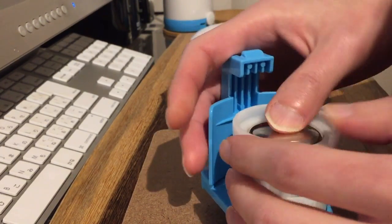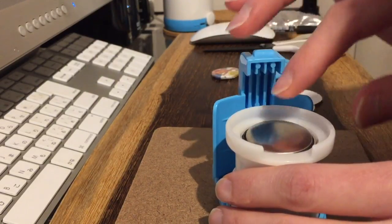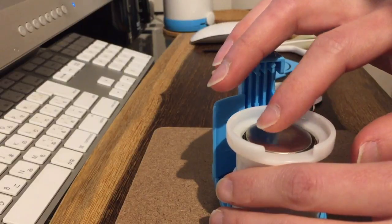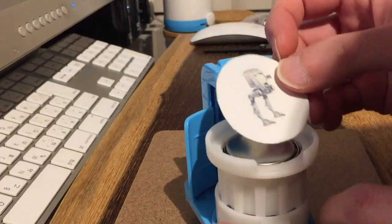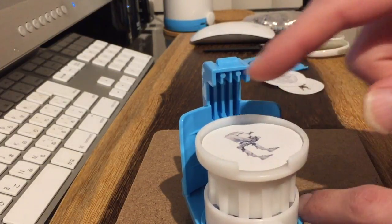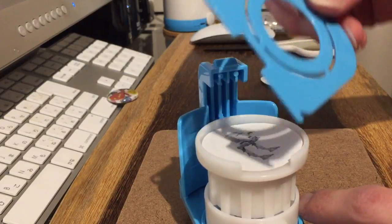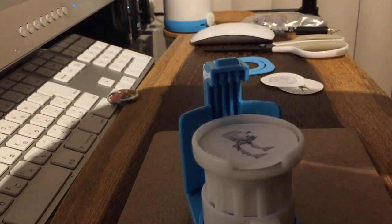And it's kind of strange. It slides around like that, but I'm going to get it nice and flat. So I'm going to do the AT-ST, and you just place that right there, and it fits perfectly because you're using a template. And what you do next is